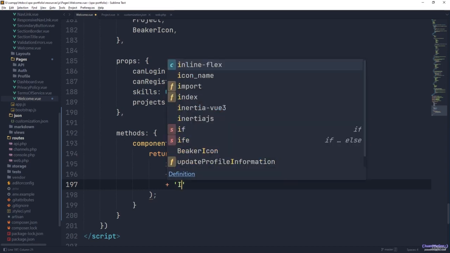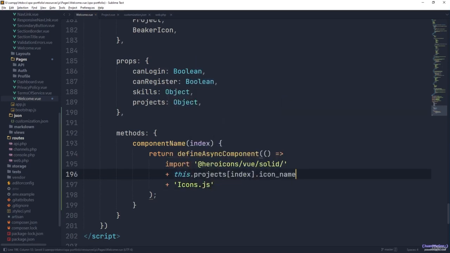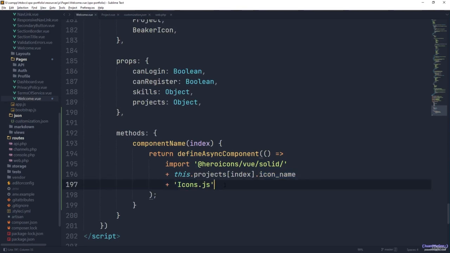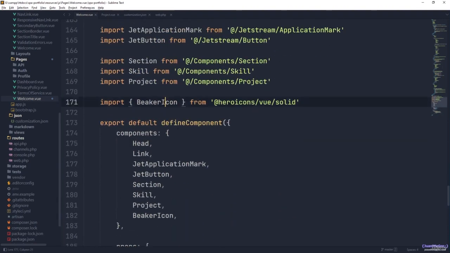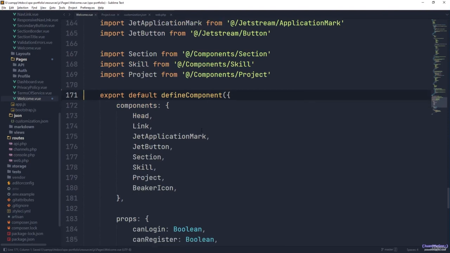So all of them we need to finish with icon.js. So we have here the icon name, which is coming from our customization list: cube, chip, currency dollar, etc. And we use the icon.js. So we have two different things to resolve here. First, we don't need now the baker icon because we are already resolving the name of the icon dynamically, but